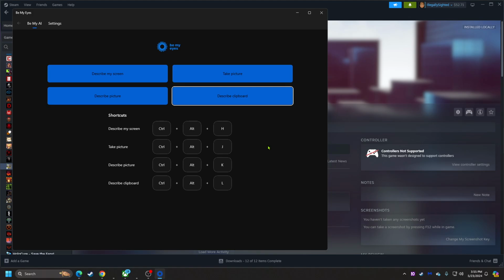And so I can do that on my computer. But one thing that I would love to see is if I were to copy a document, let's say I opened up a big old 20-page Word document and I copied it. And then I could analyze the clipboard and it could summarize it for me, and then I could ask follow-up questions. That would be great. Same thing with images. Describe picture from File Explorer. Describe picture. One thing that I would also love to see, because this would be a free tool,